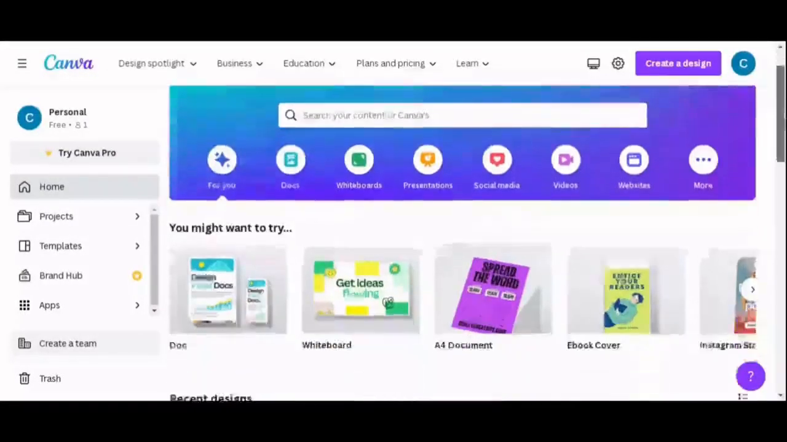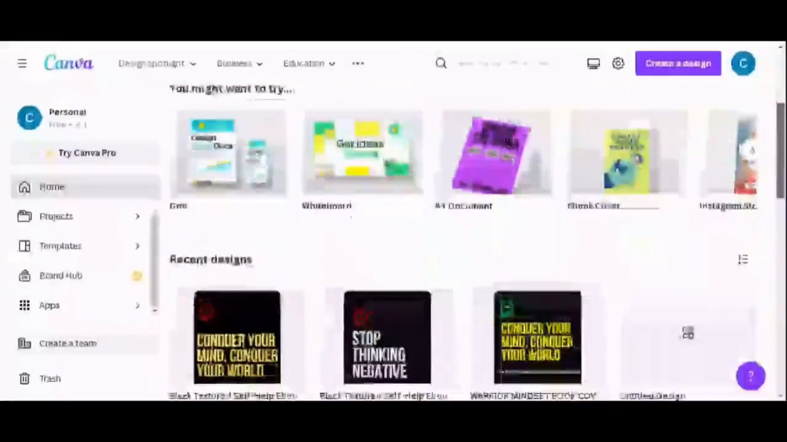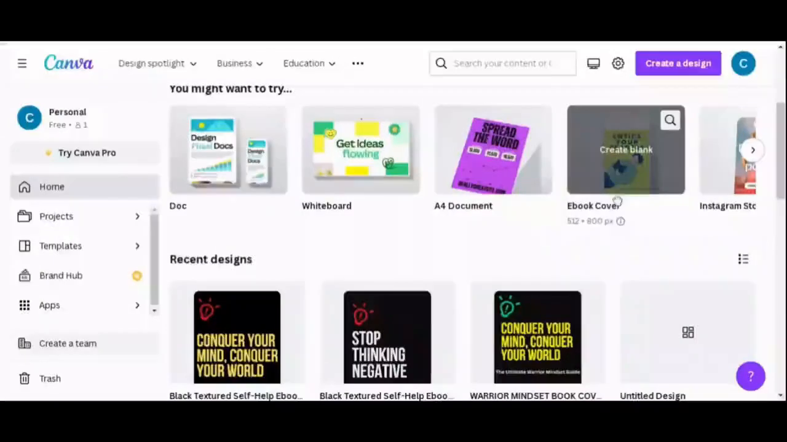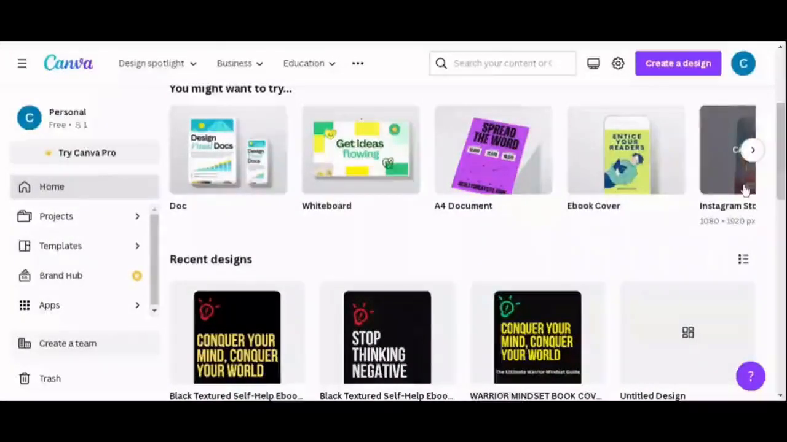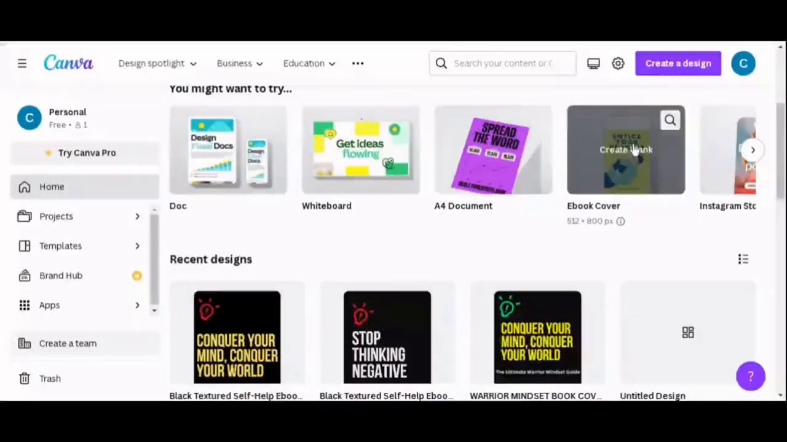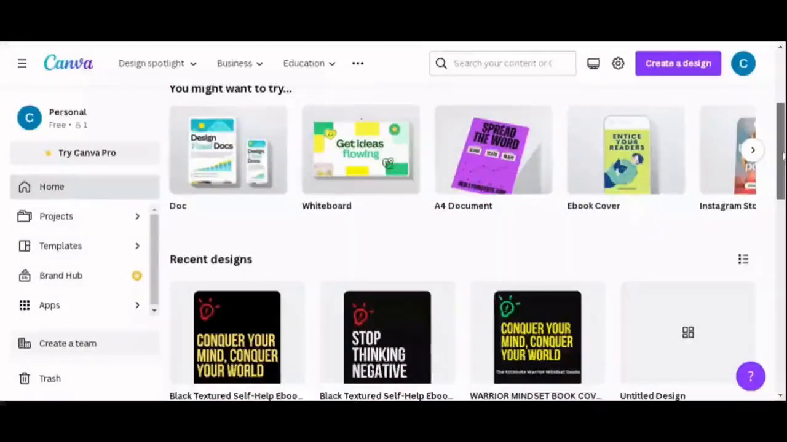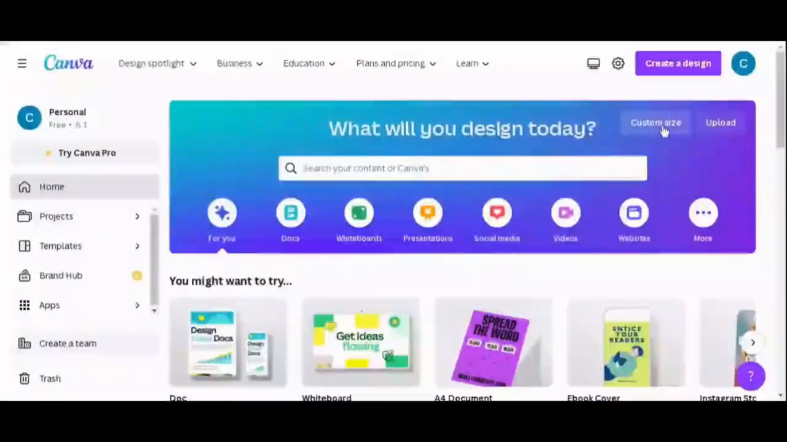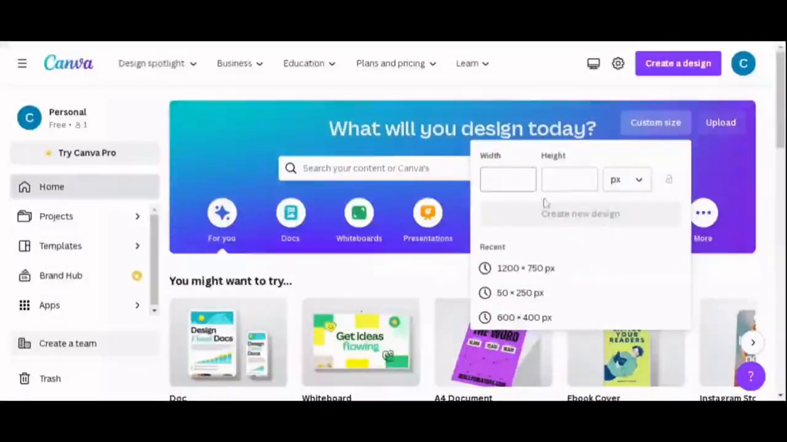So the next thing, let me just walk you a little bit down so you look at all the things you can create with Canva. You can create documents, whiteboard, A4 documents, ebook cover, Instagram stories, Facebook posts, different things, even videos. So for today, we are going to be creating our ebook cover. And if you want to customize your size, if you have a particular size you want to use, just click here, then choose your size